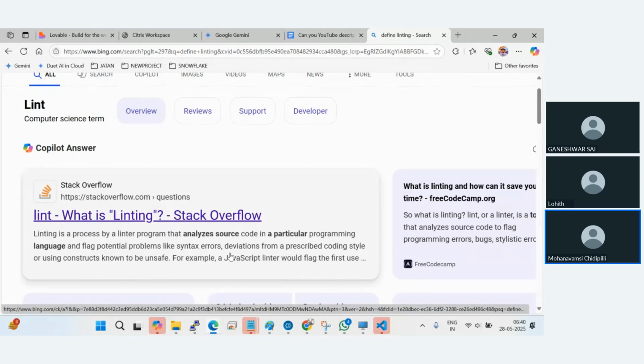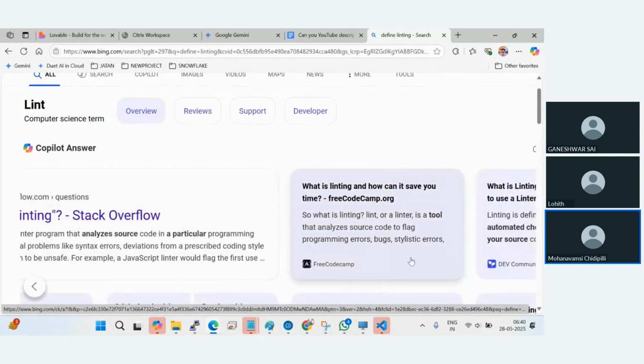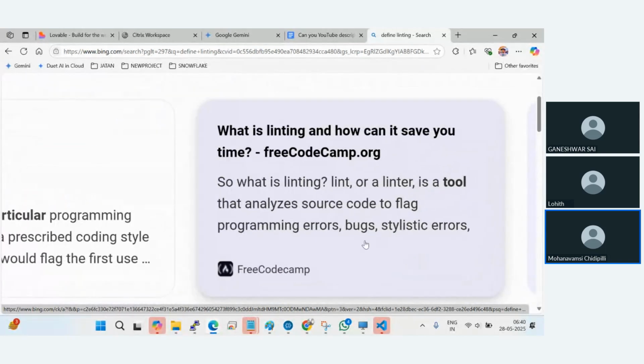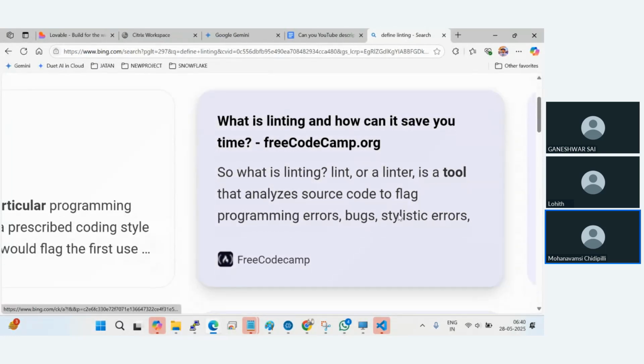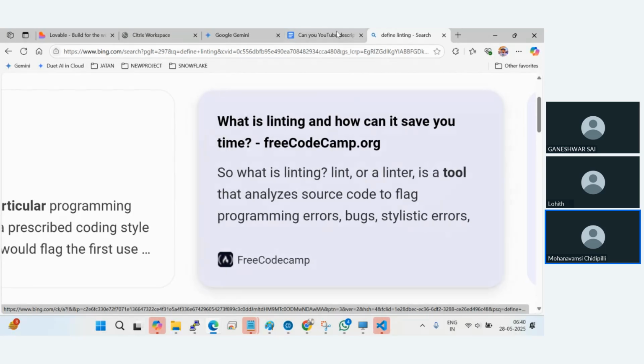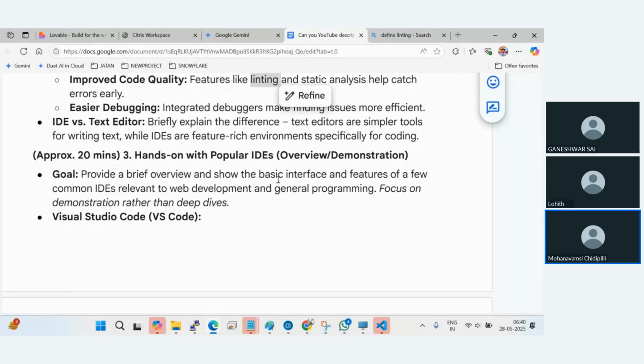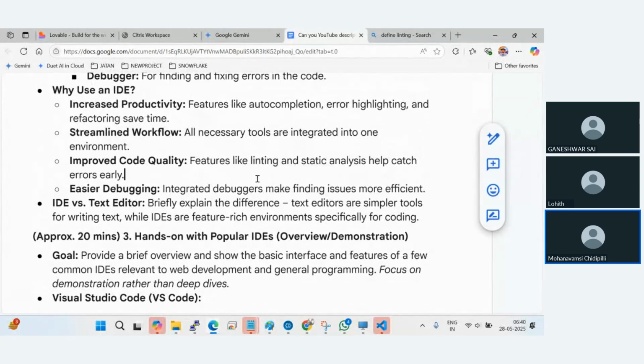Guys, understood anything? Linting is a tool that analyzes source code to flag programming errors, bugs, stylistic errors, and so on. So here, features like linting, for example,